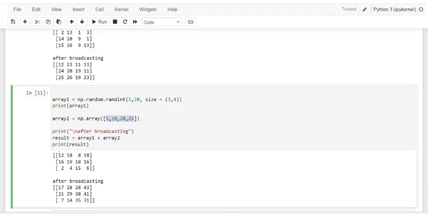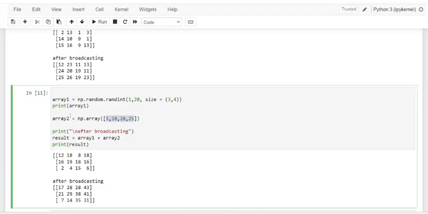And see here, 12, 18, 8 and 18 resulted from adding 12 to 5, adding 18 to 10, 8 with the third element 20, and the fourth element 18 to the fourth element 25 in array 2. So the resultant we get is 17, 28, 28 and 43. And this is repeated on the second row also.